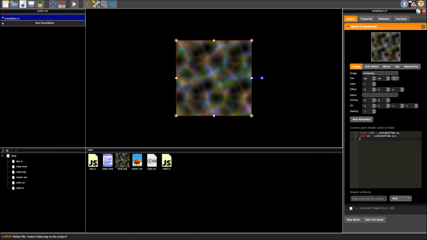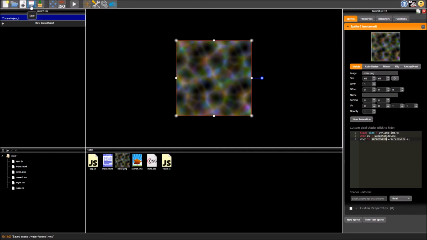Okay, now the next thing we need to do is we want our effect to look the same regardless of the screen size, so I'm just going to change the Y parameter here by, we're going to multiply it by a ratio. We're just going to take the screen size, the Y value of the screen size, so the height, and we're going to divide it by the width. So that's just going to give us a consistent aspect ratio. But you may ask, where is this screen size coming from?